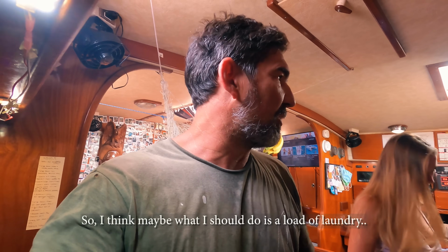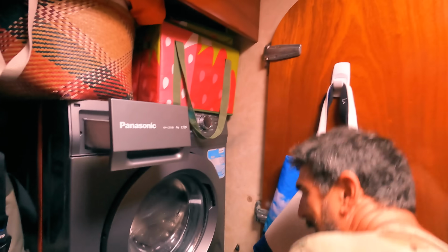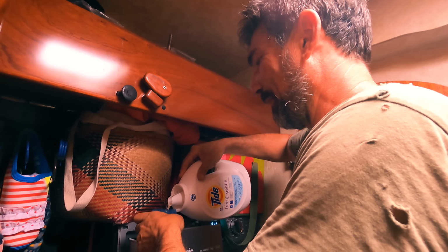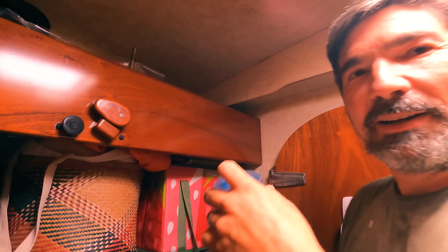So I think maybe what I should do is like a load of laundry. Oh, that's good. I'll do some baby diapers. The baby diapers are the real test. These diapers have been stewing in the heat for like a while. This is the part that used to be the worst for me. I'm notorious with smells, and when you open this bag up, it's like